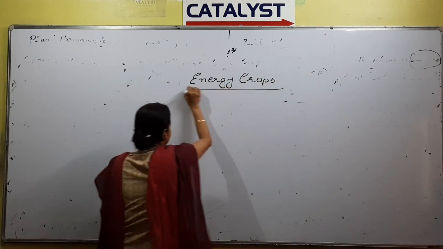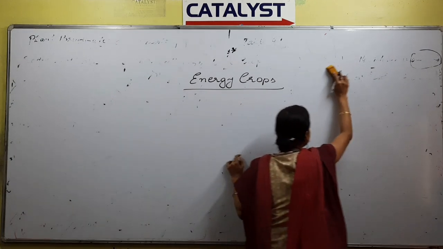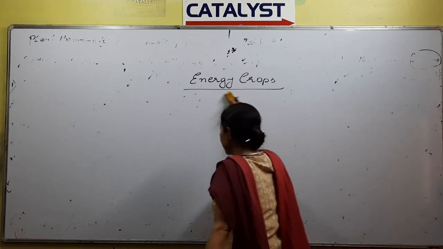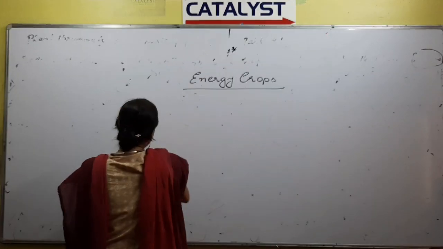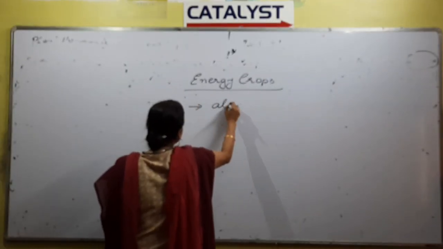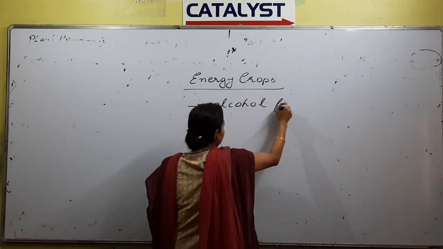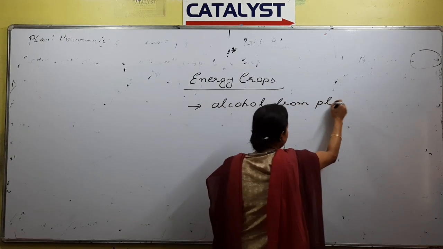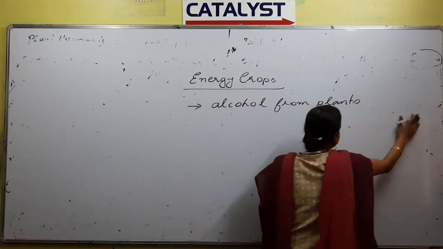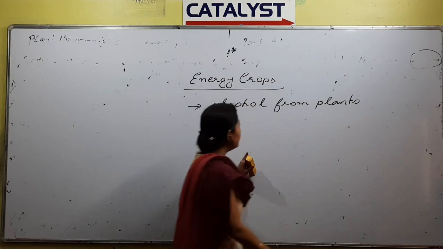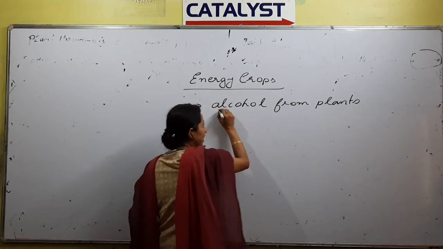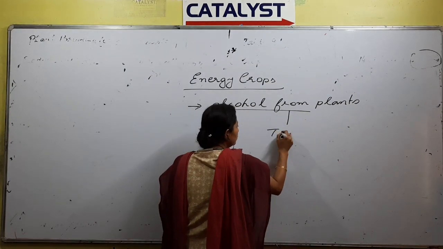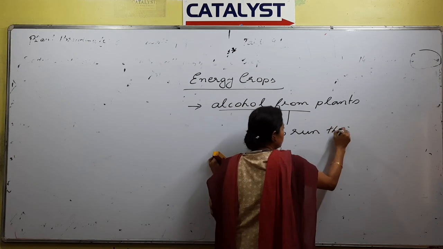So what do we understand by the word energy crops, right? Scientists have been trying hard to produce alcohol from plants. They are conducting various experiments so that they can produce alcohol from plants. And why do they need this alcohol? To run automobiles,